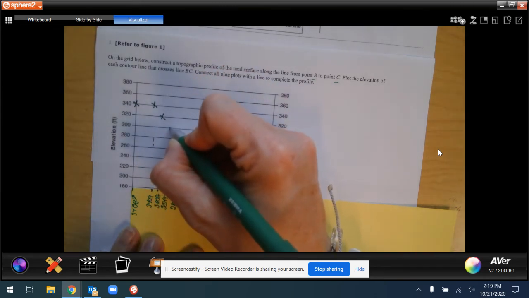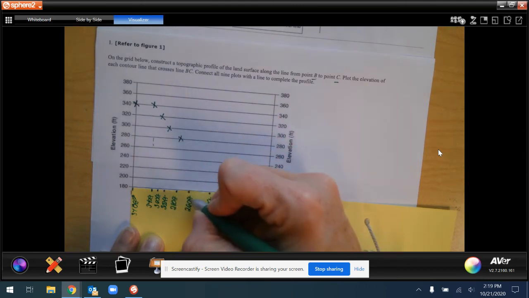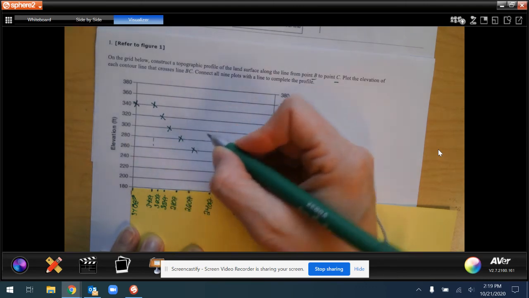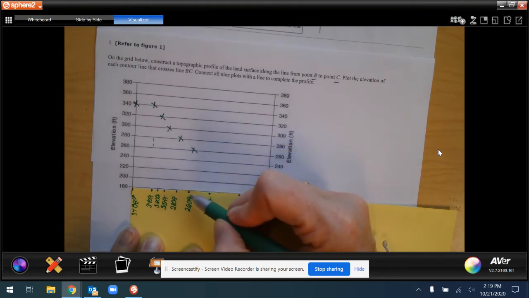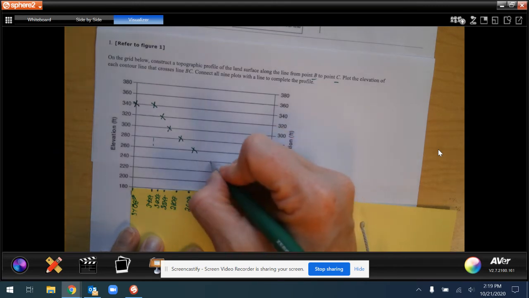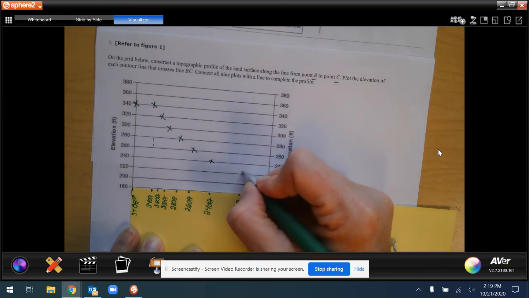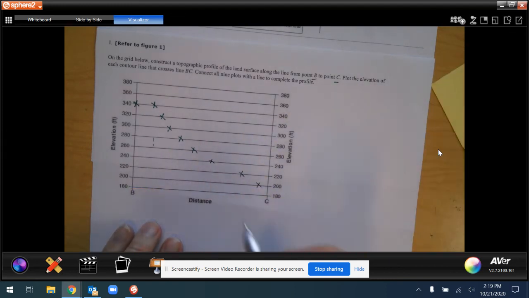followed by 300 feet, 280 feet, 260 feet. And notice each time I'm trying to stay directly above the marks I made on my magic paper. 240 feet, 220 feet, 200 feet. So at this point, I have finished plotting my elevations, and now I have to, according to the directions,